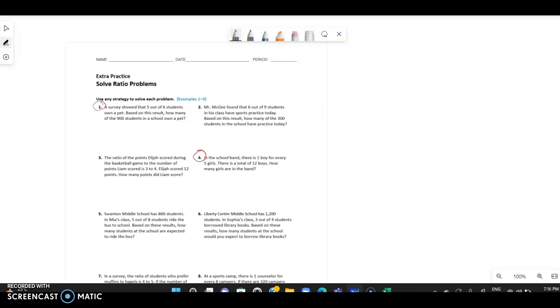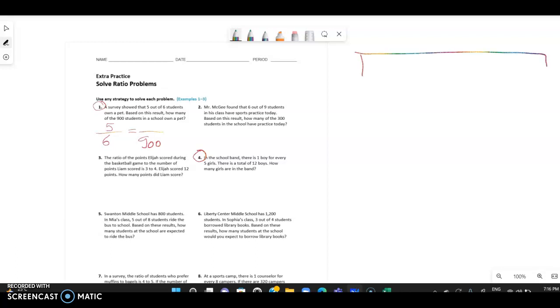In question 1 it says that a survey showed that 5 out of 6 students own a pet. So the ratio you have here is 5 out of 6. Based on this result, how many of the 900 students in a school own a pet? So here 900 is going to be down next to the 6 because both are referring to the total number